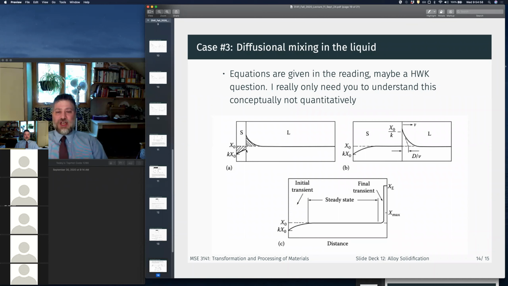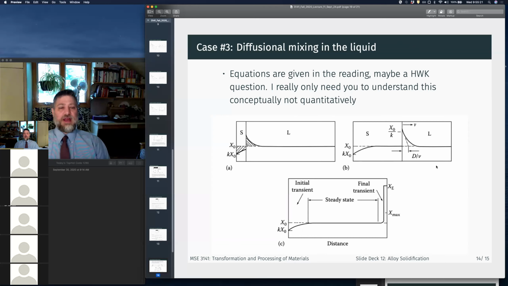As we reject solute from the solid into the liquid as it freezes, we get a pileup, right? We end up with a liquid that's more concentrated near the interface than far away,